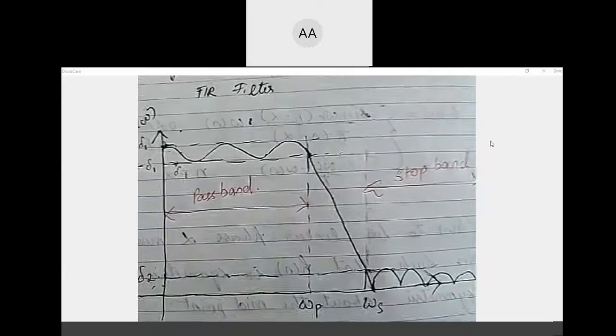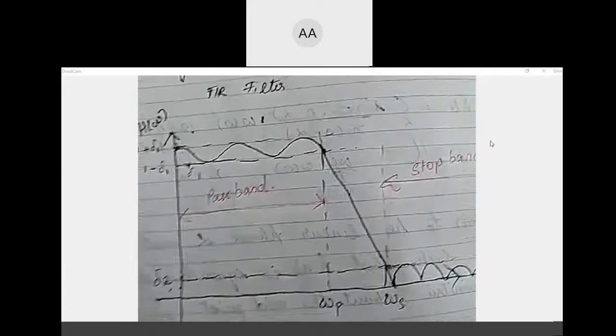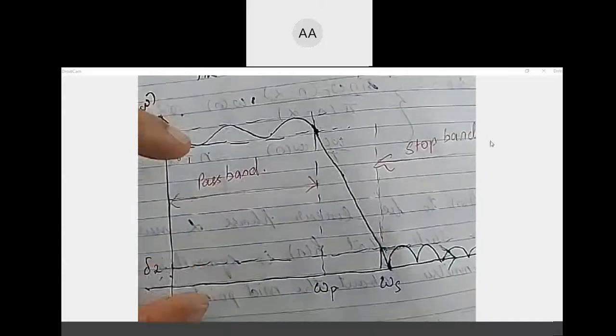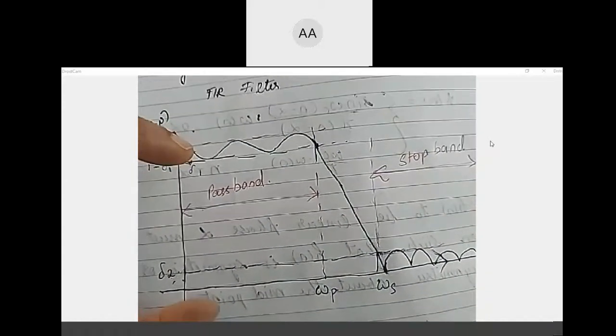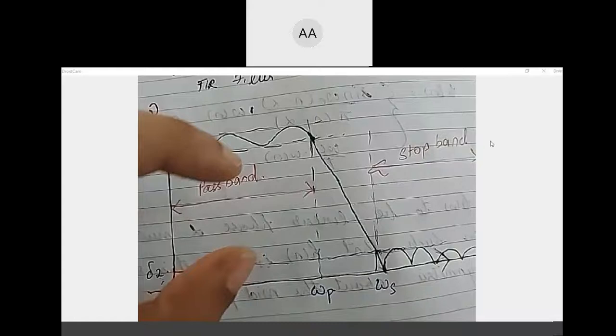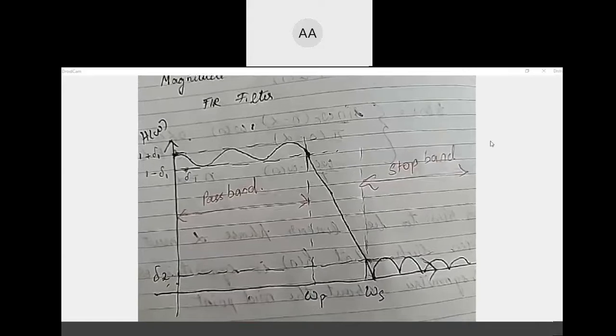So this value of pass band and stop band will vary. For a low pass filter it is this way: whatever frequencies you're passing constitutes the pass band, and whatever frequencies you are not passing are the stop band. In an ideal filter, the pass band should be passed and the stop band values have to be removed totally.